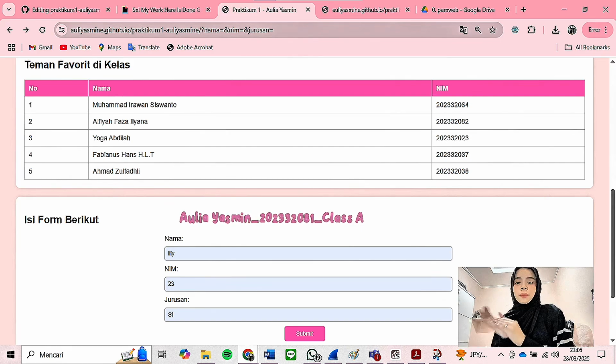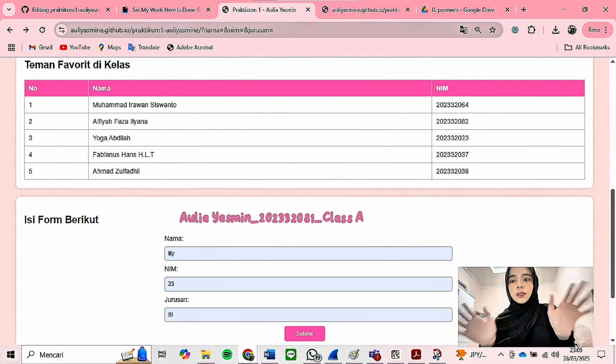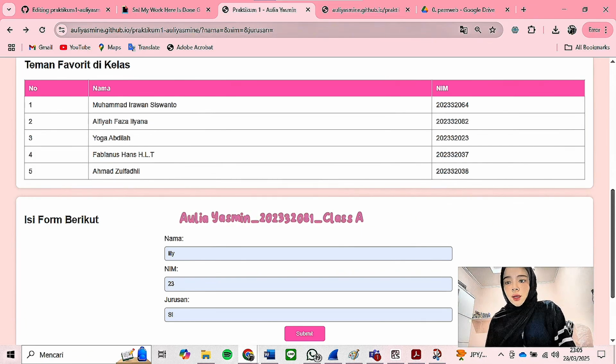One of the interesting parts of my website is the animated GIF that appears only when the submit button is clicked. This is achieved using JavaScript to dynamically control the visibility of the image. And how the GIF works: initially the GIF is hidden, and when the submit button is clicked, JavaScript changes the display property to show the GIF and sets the width to 100% so it covers the entire web page, my web page. And this ensures the GIF only appears after the user interacts with the form.